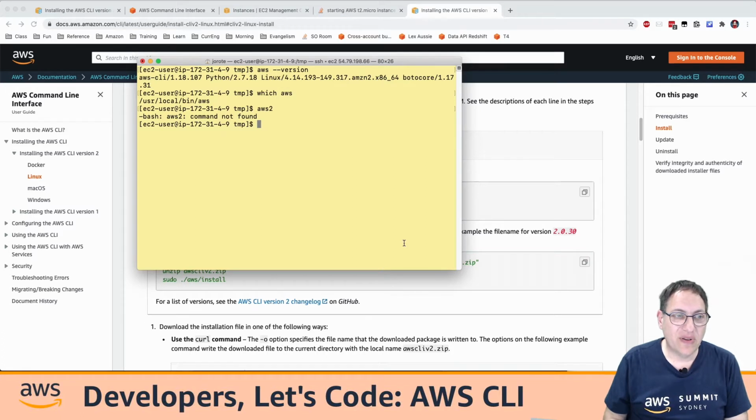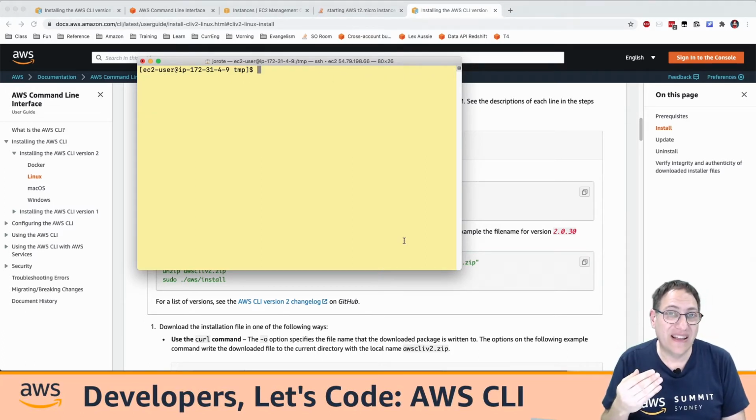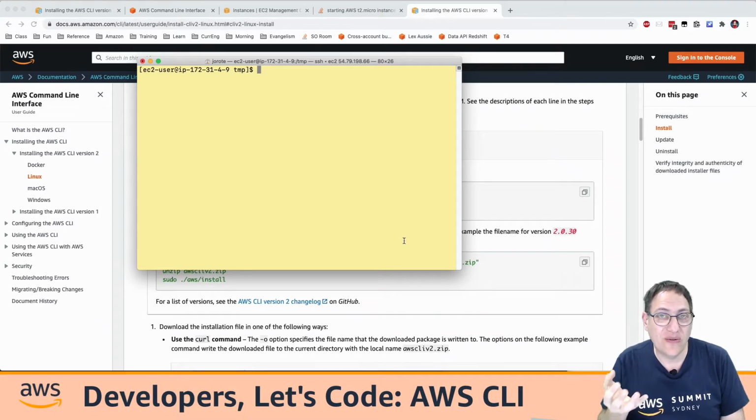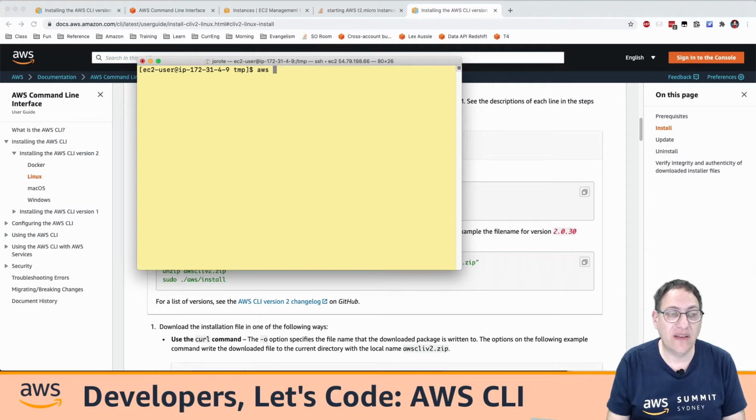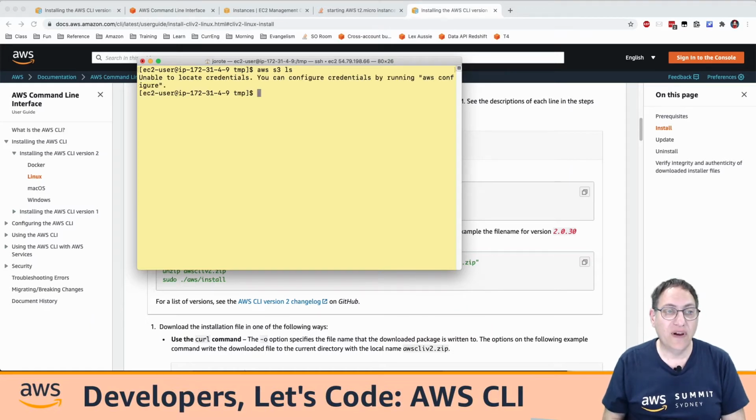Now, the next step to know about the CLI is when you run commands from the CLI, it sends the request to AWS as API calls. And to do that, you need credentials. So if I was to come in here, and I know there's a command in the CLI called s3 which says, please list my S3 buckets. And if I try this, it comes up and says, hey, you've got no credentials. So the first step you've got to do,